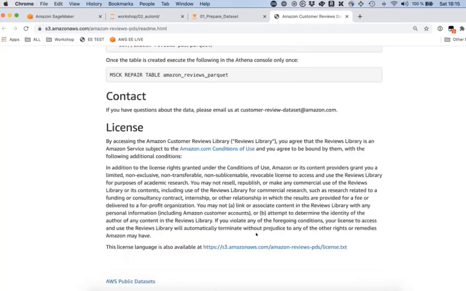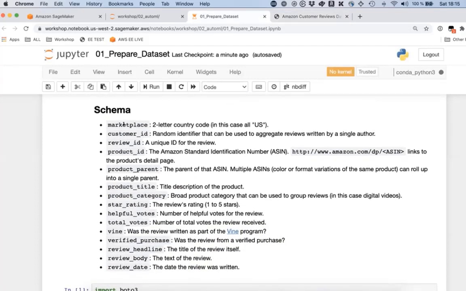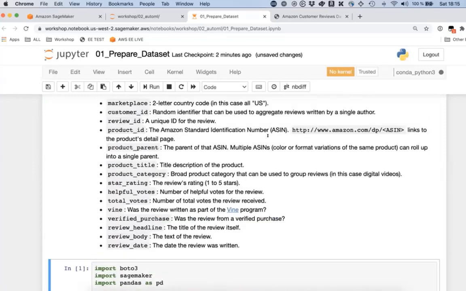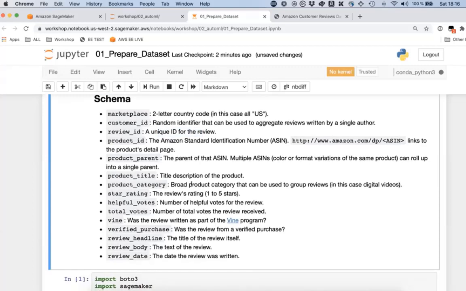All right, those two are offered. Here you can see how you can start working with it, play around with it. And that's what we're doing in here. The data set has a specific schema, right? Think of it as the columns in your table. So we have marketplace, which is a 2-letter country code from the marketplaces Amazon.com operates. The majority of reviews in this data set are from the US marketplace, but there's also a couple of multilingual ones. I think there's also the German marketplace with German reviews. I think there's French and a couple more. Also a random identifier which replaces the customer ID. There's a unique ID for the review ID, a product ID, the product parent family, product title, category,